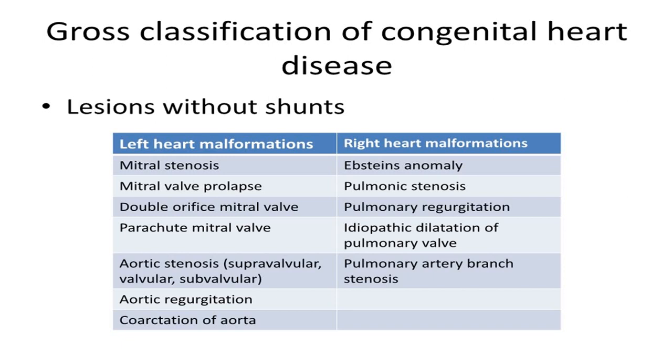Pulmonary artery branch stenosis, some of the rare conditions which will be on the right side, and that will produce RVH. This pulmonary stenosis, pulmonary regurgitation, pulmonary artery stenosis will produce RVH. While in Epstein anomaly, it will be combined with ASD, and because of ASD, now blood flow from the RA will flow to the left side, and that will be in Epstein anomaly. So these are some of the conditions.